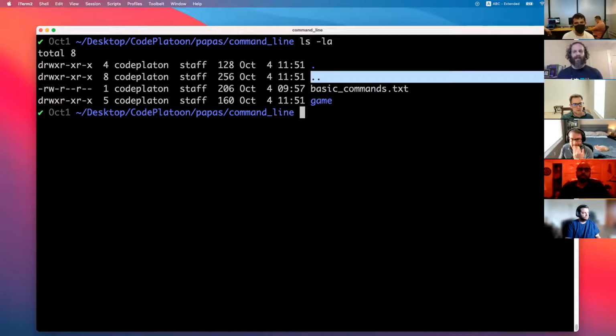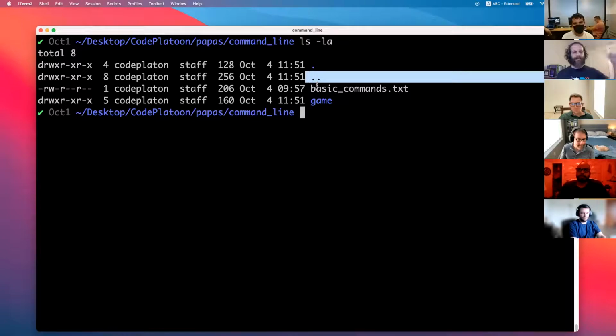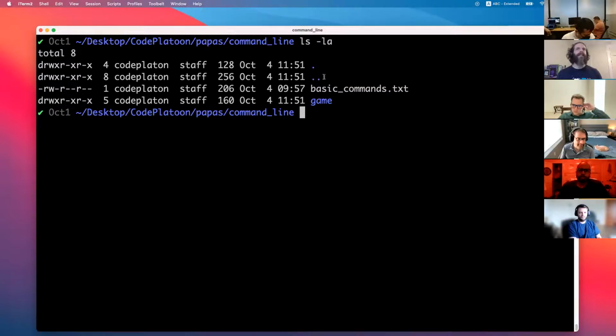Does anyone who hasn't answered a question yet happen to know what the dot and double dot are? Yeah, one dot is going to be your current directory, and two dots should be the one like back one, if that makes sense. Yeah, exactly. So wherever I am, this double dot is a reference to one directory up. So this directory is the parent. That's a convenient thing to have a reference to. And the single dot is where you are right now.